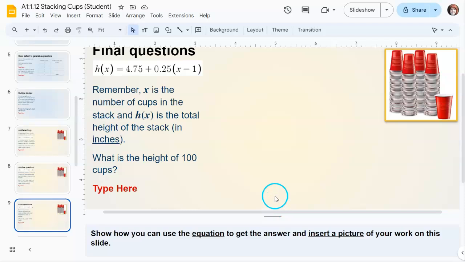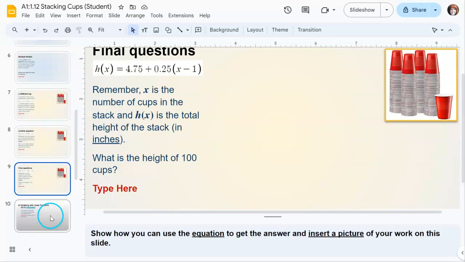So even if they do go to the calculator, I would ask them, show me step by step, how could you get from this equation here to the actual height of 100 cups? Show me how that works. And then finally,